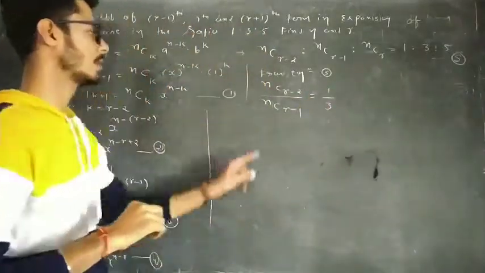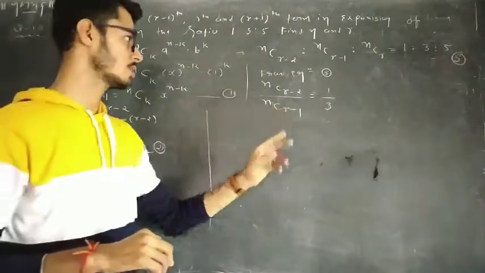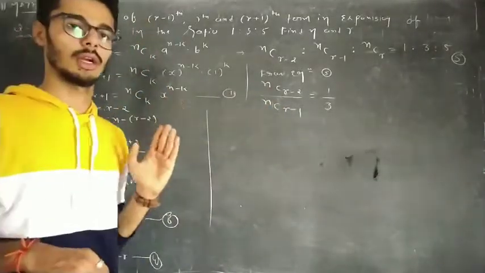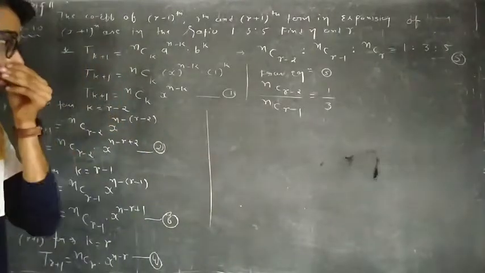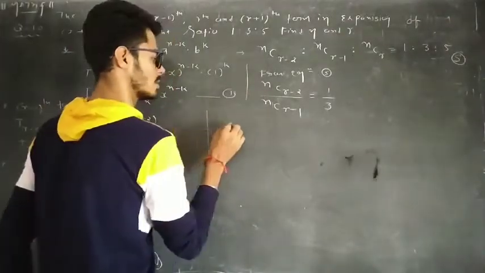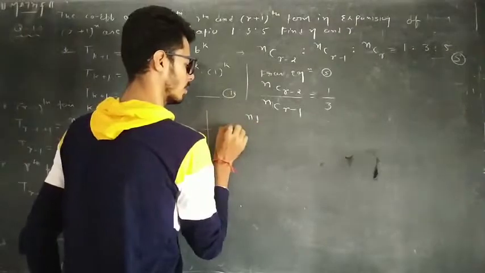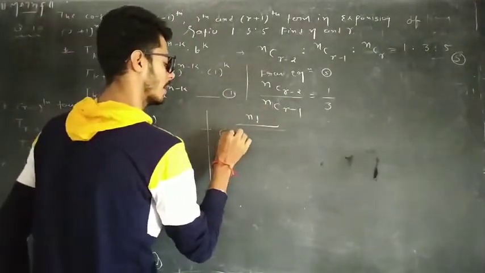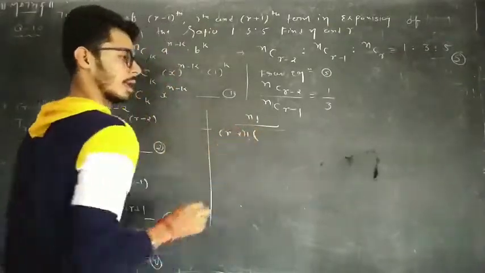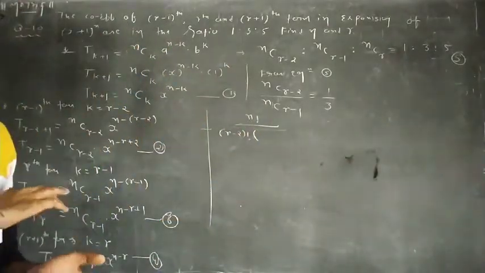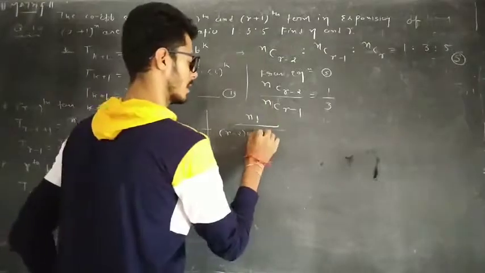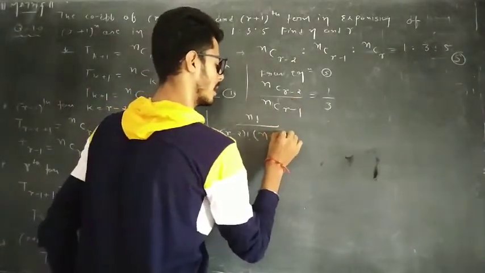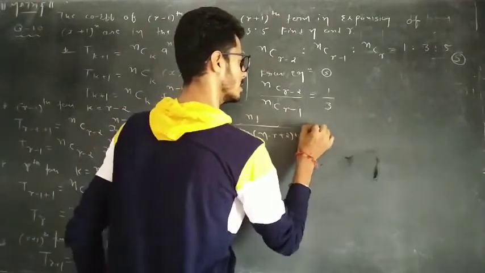Using nC r equals n factorial upon r factorial times (n minus r) factorial, we write n factorial upon (r minus 2) factorial times (n minus r plus 2) factorial,